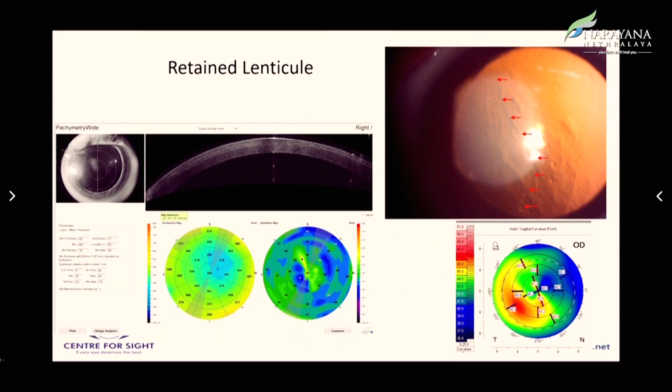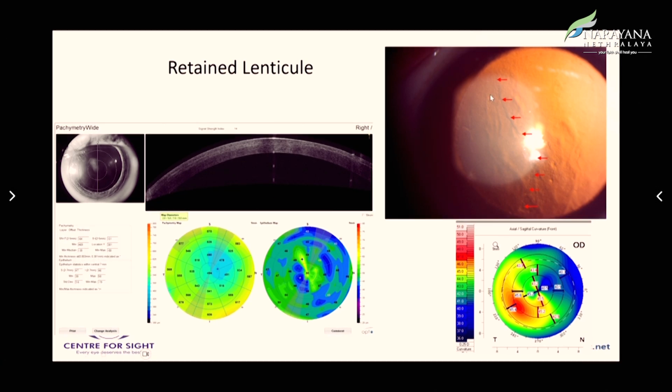Now, if you are going in, so you can see here, you go in and then you go into the posterior plane, as you can see. The moment you go here, could you see that bubble disappear? When the bubble disappears, this essentially means that you are in the anterior plane. That shows you the trapped bubble that is disappearing. If you are in the posterior plane, it won't disappear.